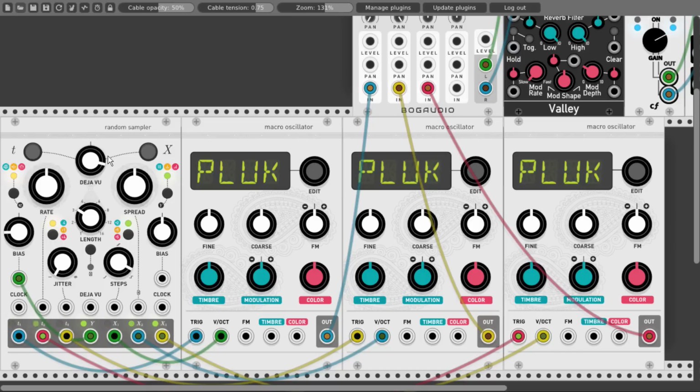Very nice. So now we can start locking the sequence. So let me just initialize this here. And let's lock the sequence. And now it's on one step. This is why it sounds like this.